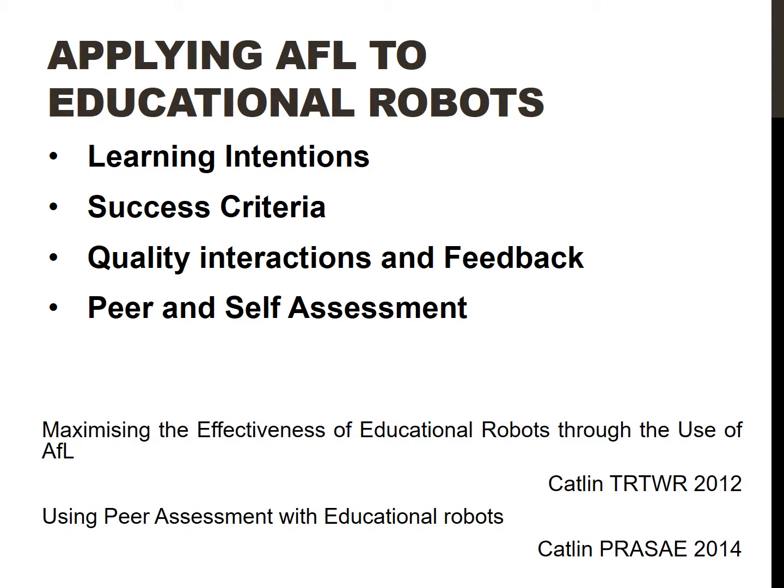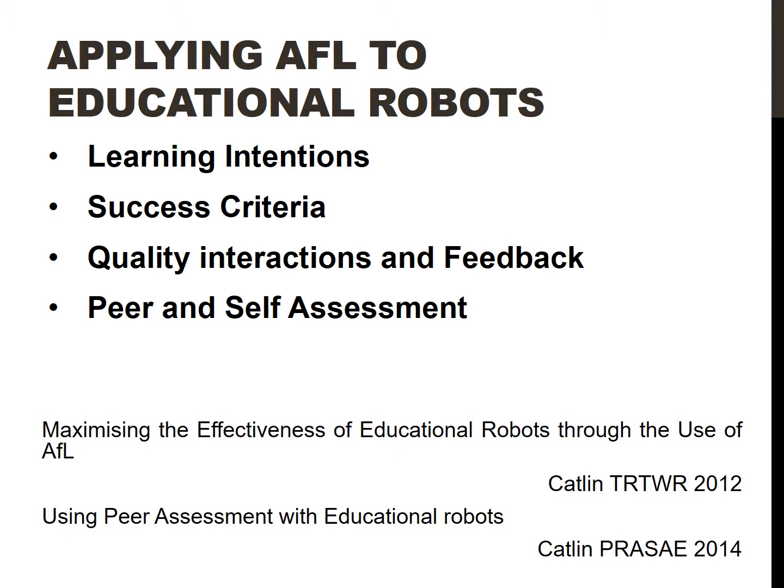Alongside learning intentions are success criteria, which again are in the student's voice. It's about them understanding when they've been successful. And this is very natural for educational robotics. For example, we do an activity where the students make the Roma into a dog. Now, it's never going to be a dog, but in the student's mind, it's when they've achieved success. This is their dog. Of course, it's important for the teacher to keep the standards high and to push them. They can't just let them get away with anything.